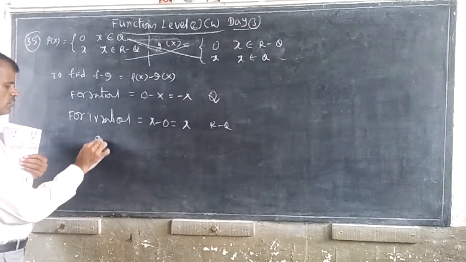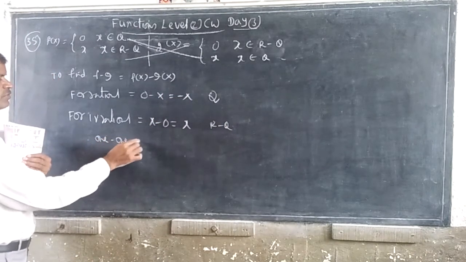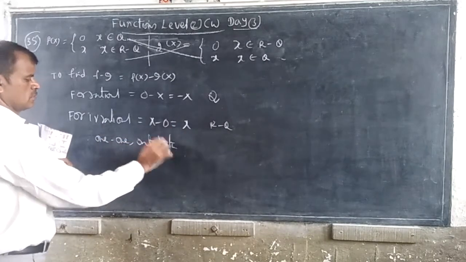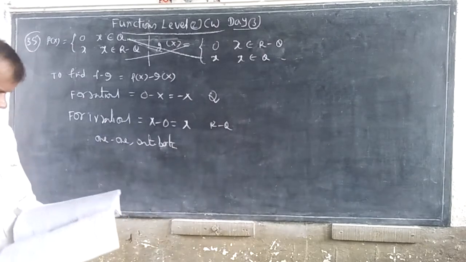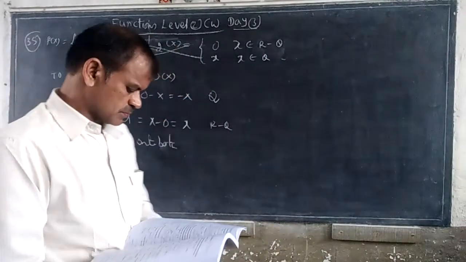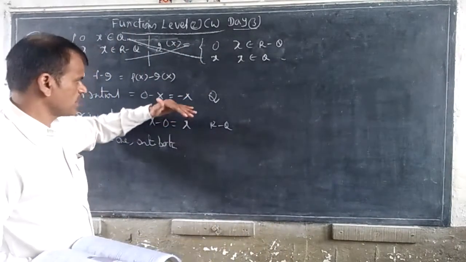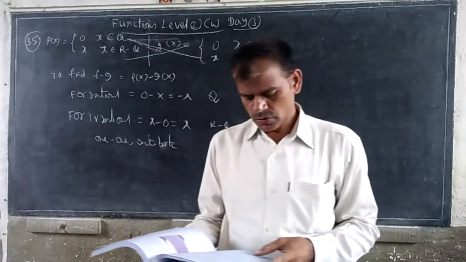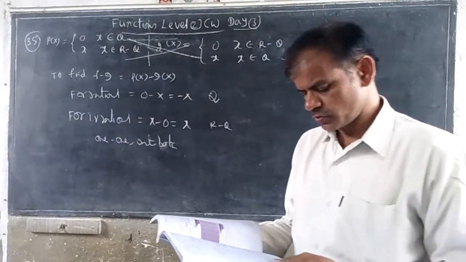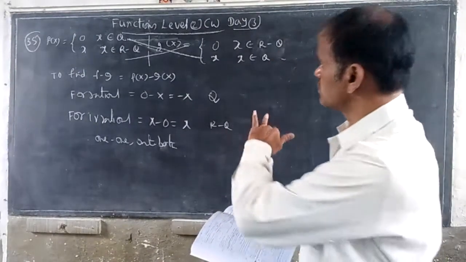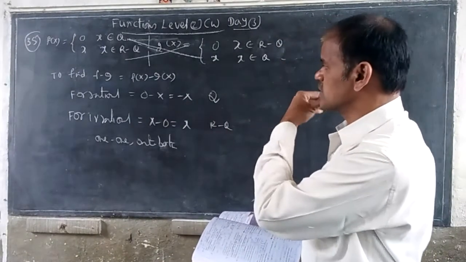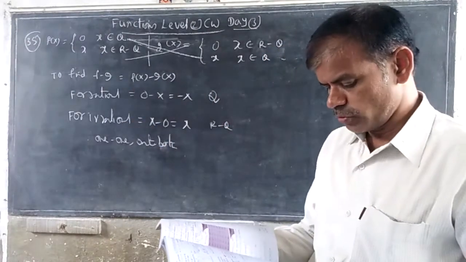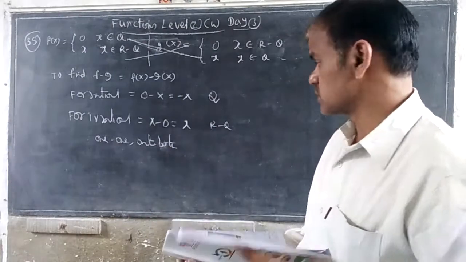Therefore it is 1-1 and onto. Directly you can say 1-1, comma, onto both. That's all. Separate rational numbers and separate irrational numbers are given, so x and minus x are separately given. That is why 1-1 and onto we can write. For onto, the domain of f minus g is separately given. For every number of the codomain there will be a domain element. Next, let us see 36.